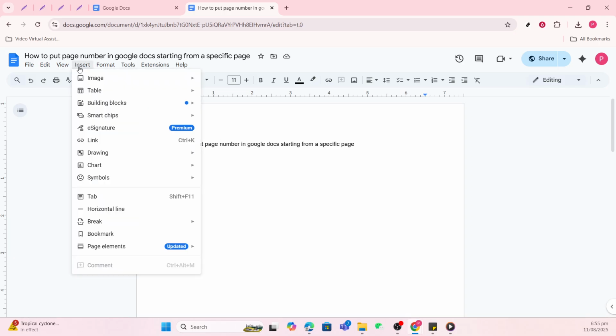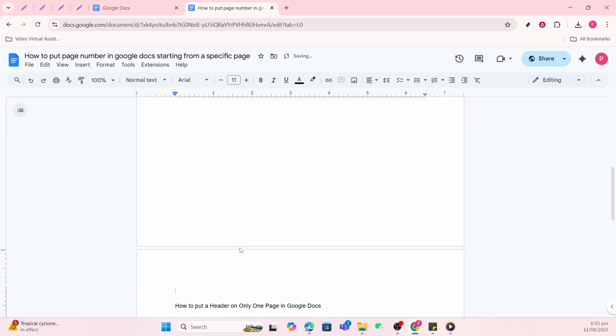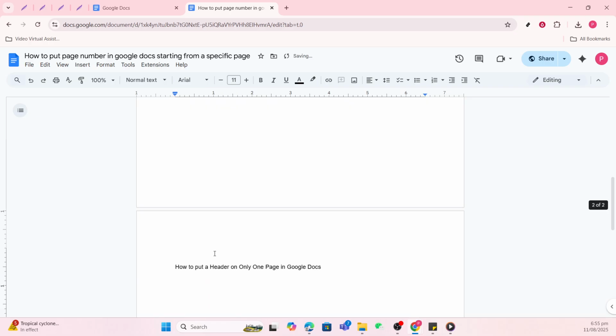Now that your document is open, look to the top menu bar and click on Insert. Hover over the Break option and from the extended menu, select Section Break, Next Page. This action is crucial as it allows you to break your document into sections, giving you more control over formatting